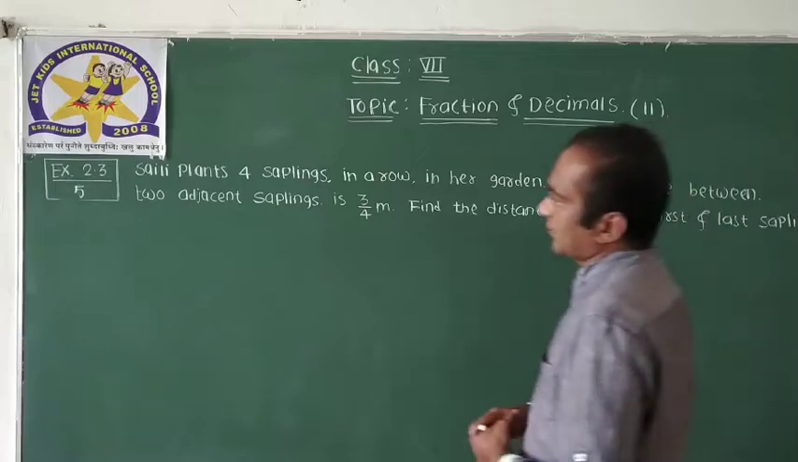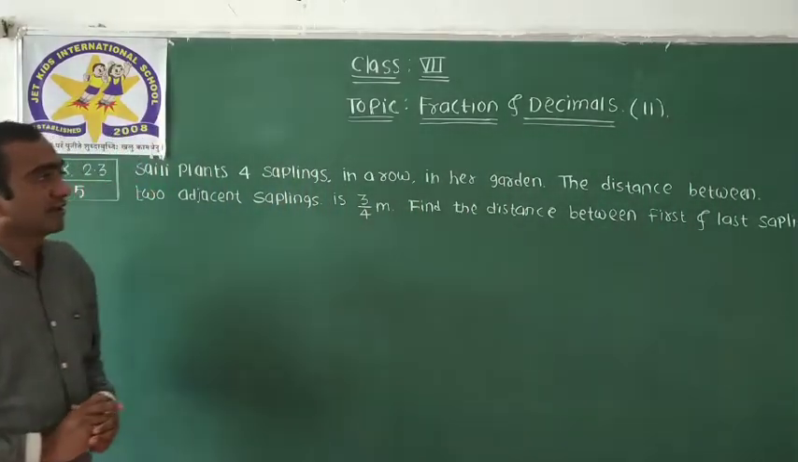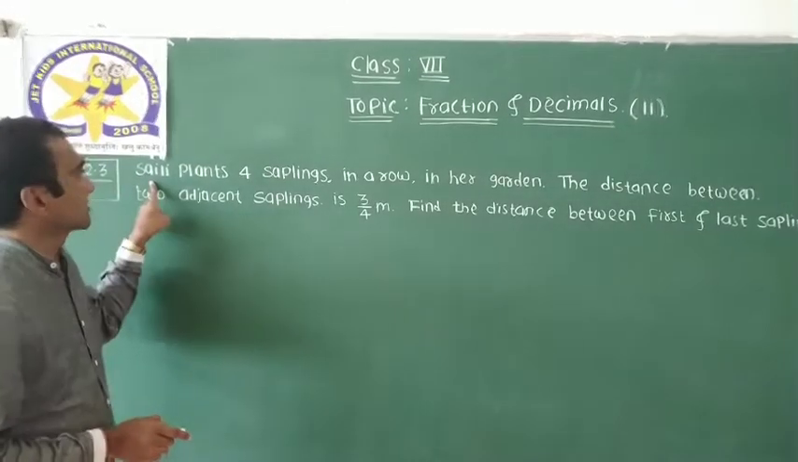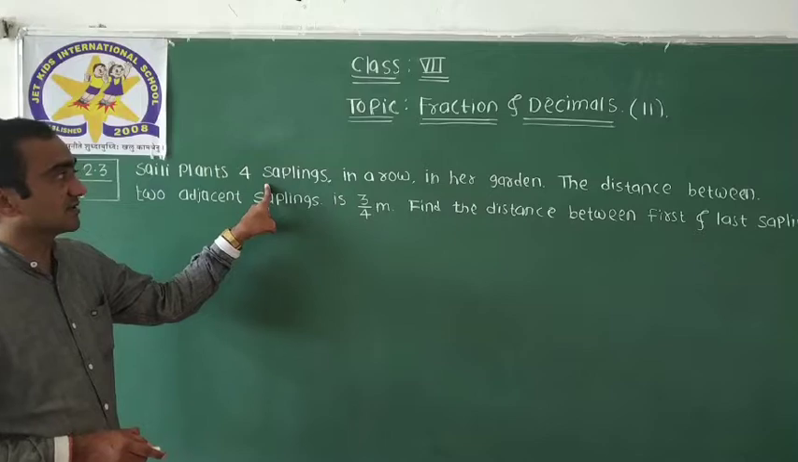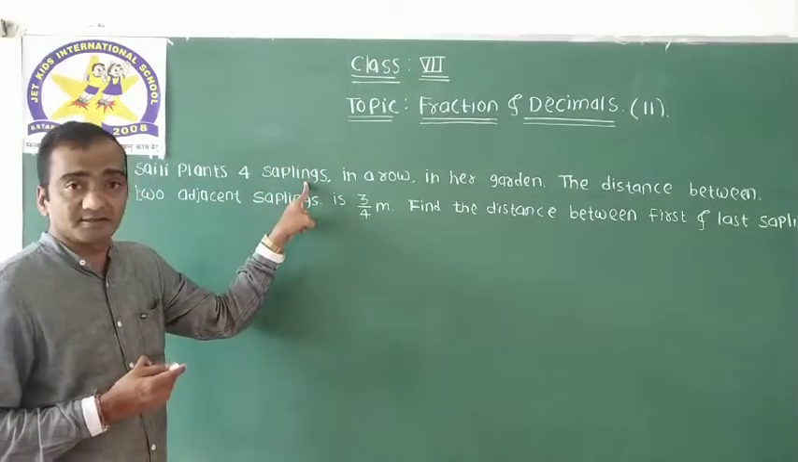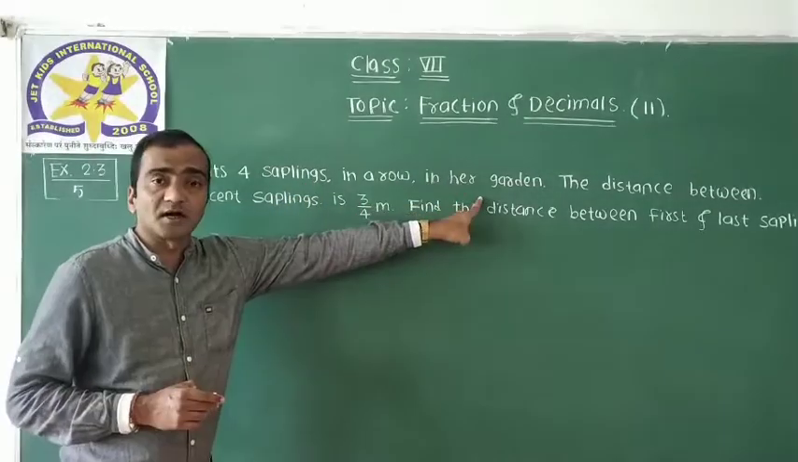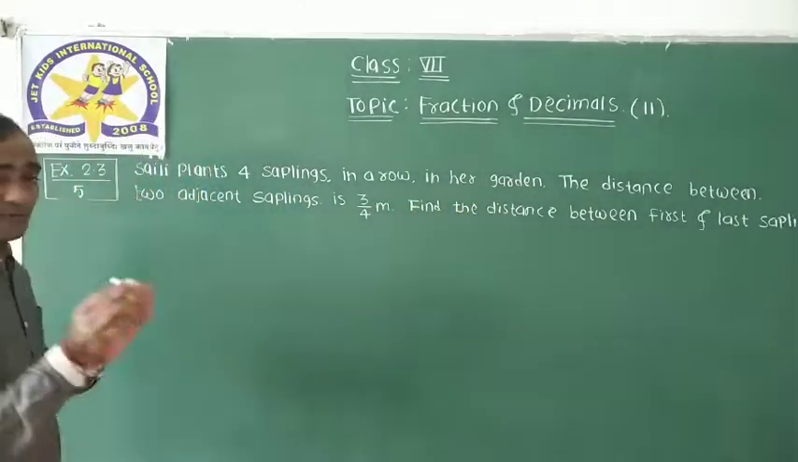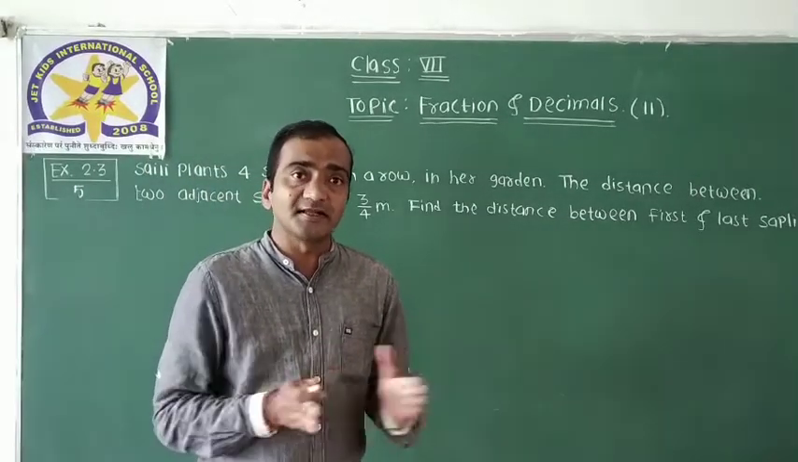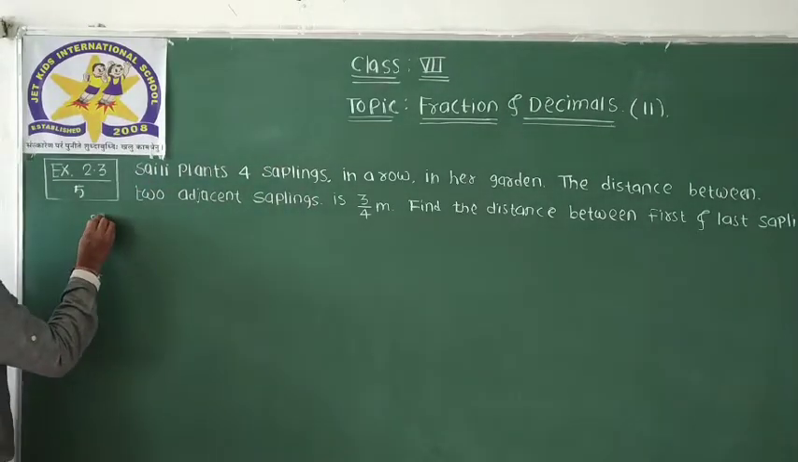Now question number 5 of exercise number 2.3 is a word problem, and a very easy word problem. Sally planted 4 saplings in a row. Sapling means little flowers, little plants. 4 saplings in a row in her garden. So first of all we draw the figure of those 4 saplings in a row. Now the solution of this question is